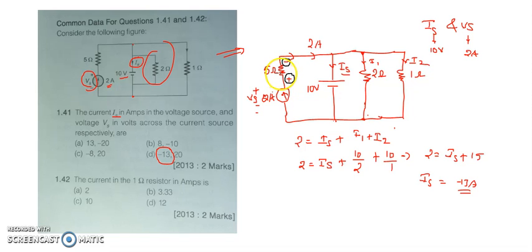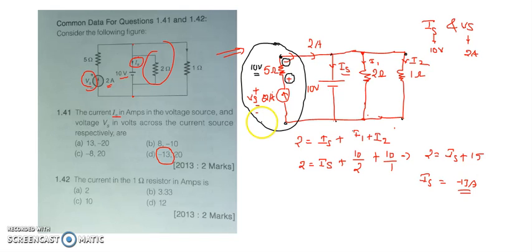So then what is the voltage drop across this resistor? 2 amperes into 5, that is 10 volts. 10 volts of drop is going to take place across this resistor, and the polarities will be like this. So now this entire arm I can redraw. Before redrawing this arm, you have to understand that, as I said, from here to here the voltage is 10 volts, right? Here to here also 10 volts, and from here to here also 10 volts. In the same way, from here to here also I must have a voltage of 10 volts.